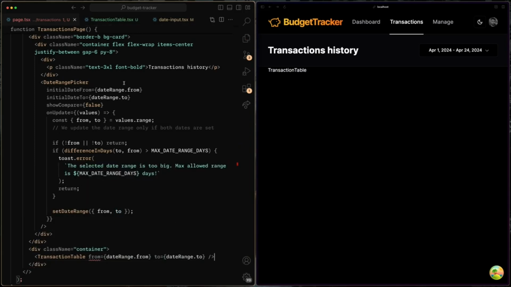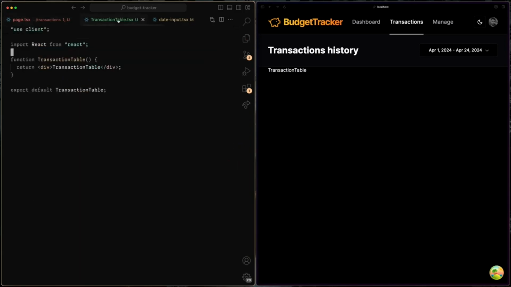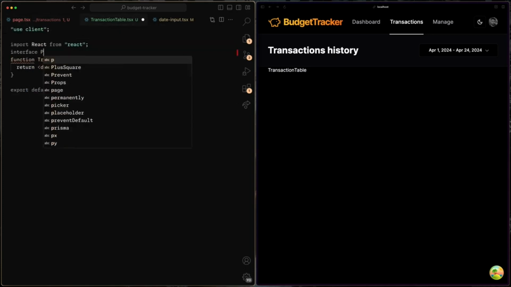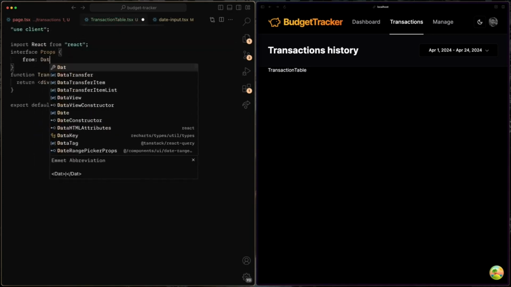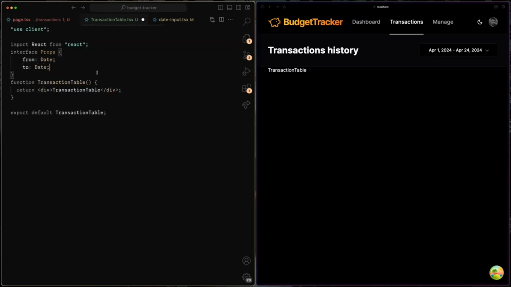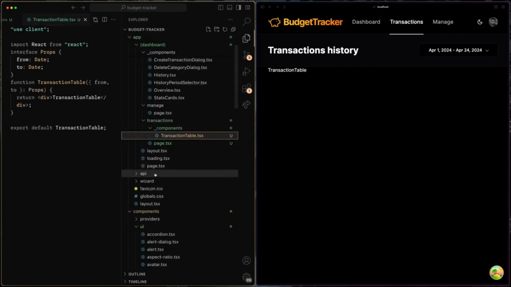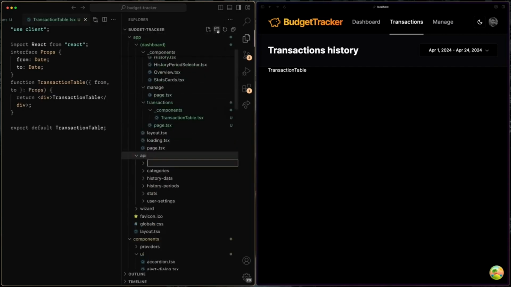Let's close this. Back to the transaction-table.tsx. Let's define the properties, interface Props, from: Date, to: Date, like that. Let's add the properties to the component, from and to of type Props, like that. The first thing that we are going to do is an API that returns transactions filtered by from and to date. Back in the Project Explorer, within the API folder, let's create a new folder called